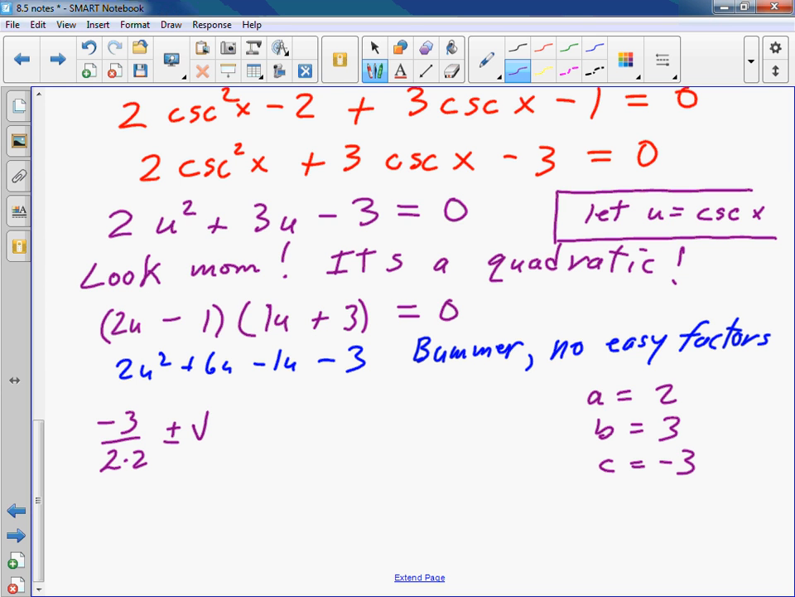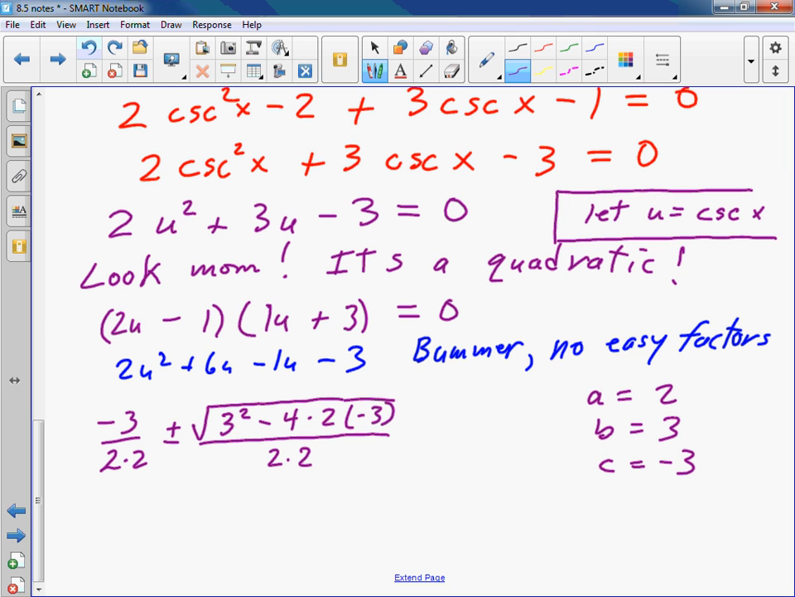Really, you don't have to say plus and minus, but people always do. That kind of annoys me. B squared, not B, come on. 3 squared minus 4 times 2 times negative 3